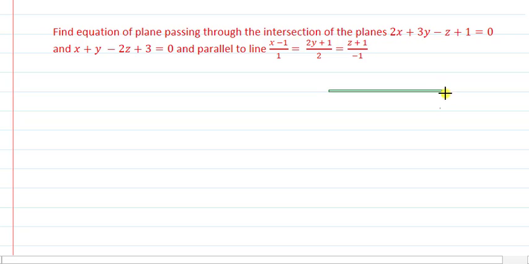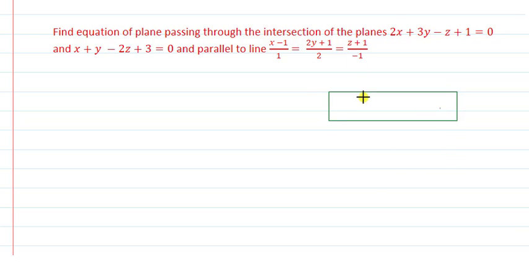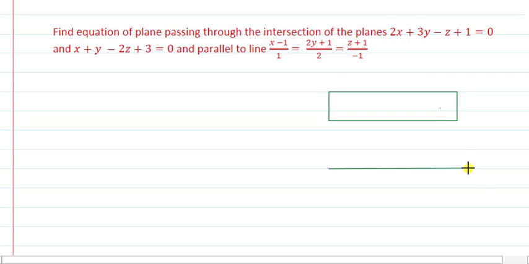So let me draw a figure to understand this. The plane is parallel to the line. The equation of the line is given to you and you have the equation of the plane in terms of lambda, and these two are parallel to each other. So what will happen? Clearly the normal to the plane will be perpendicular to the line as well. Therefore the dot product of the DRs of this line and the normal will be 0. So again the question will be solved as we solved in the previous case, and easily you can find the equation of the plane.